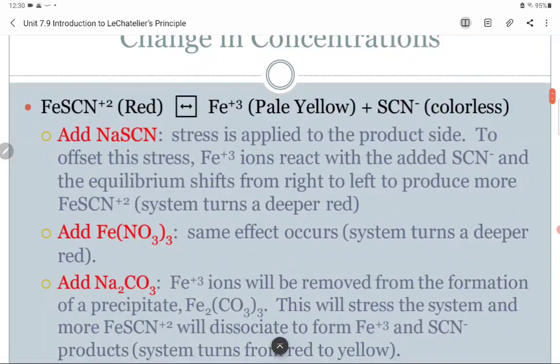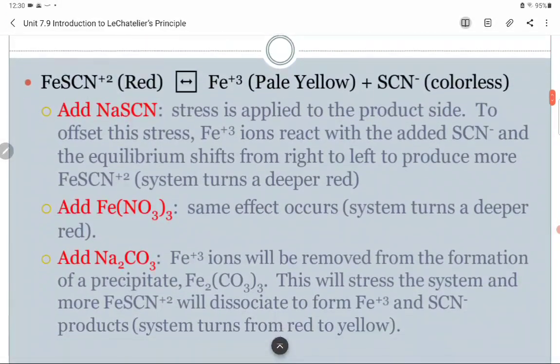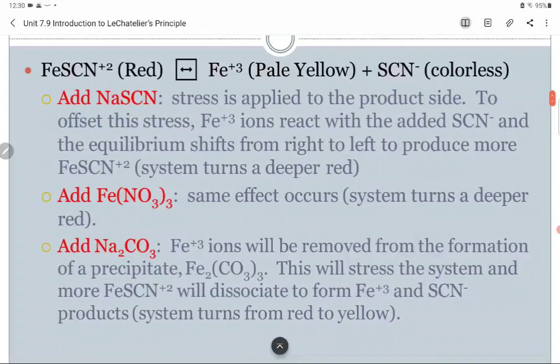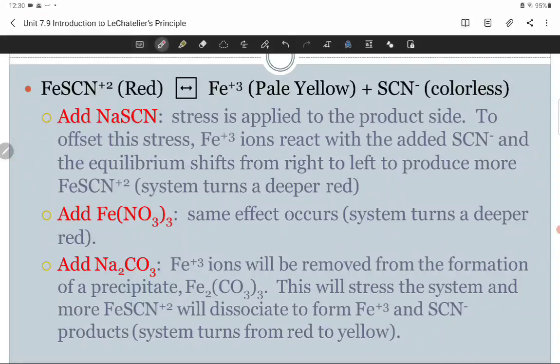Okay, so here is a typical kind of question. This one, lots of people do this in the lab in AP chemistry. We do this also in the lab. So we have a solution here that is red. Actually, a lot of people define it as blood red. And then it makes a couple components here that I called pale yellow, but you'll almost see this